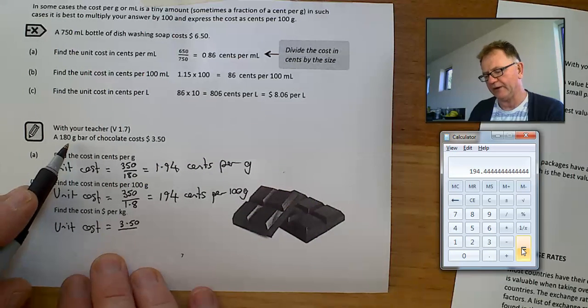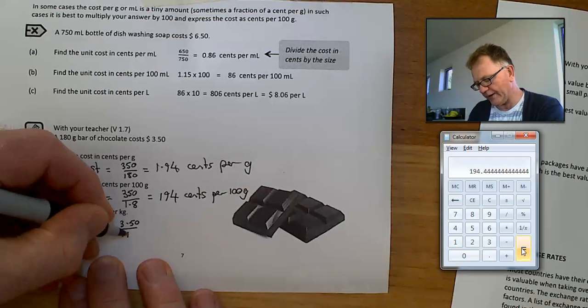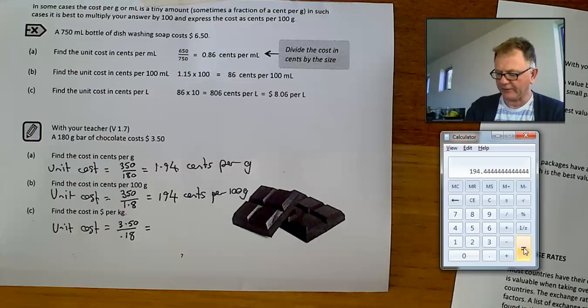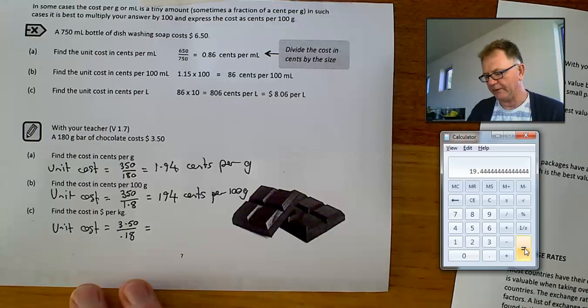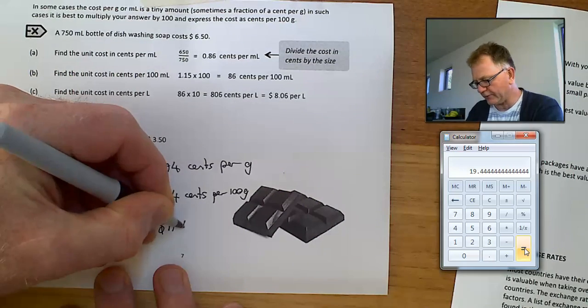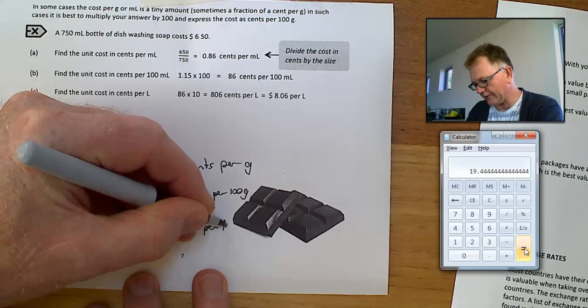To change grams into kilograms, you divide by 1,000, so it's 0.18 of a kilogram. It's going to work out at 3.50 divided by 0.18, which works out to be $19.44